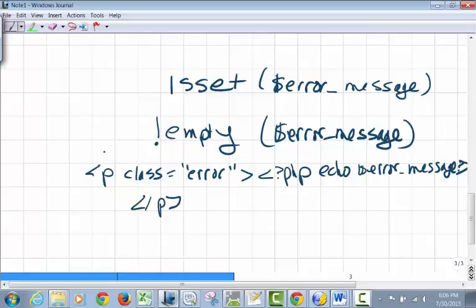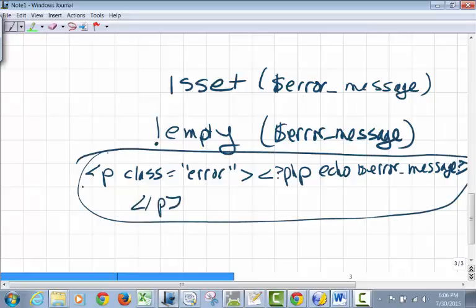So that means that everything in this little paragraph here is going to show up according to the style of error. That's just if you want to incorporate the CSS. If your error message does not show up in red, that's okay too. But that would be the way to do it if you want to apply the style of the class error to your error message. And this can be right smack in the middle of your if statement. In other words, if your error message is not empty, then